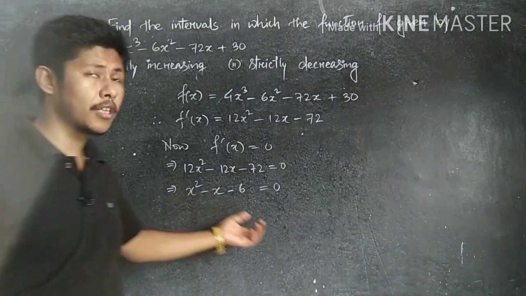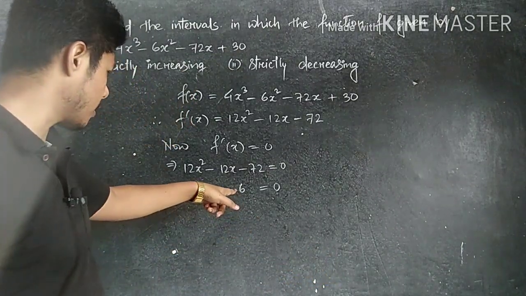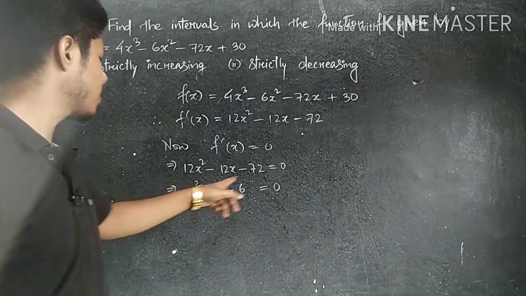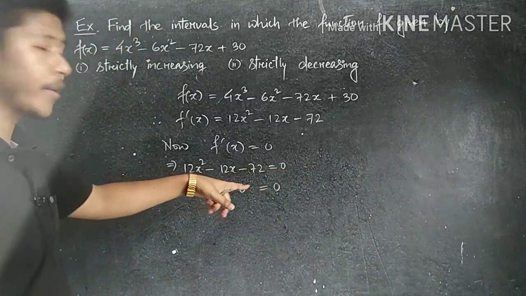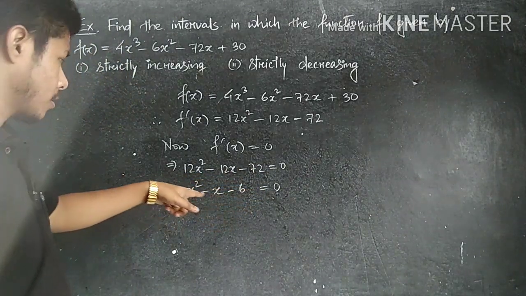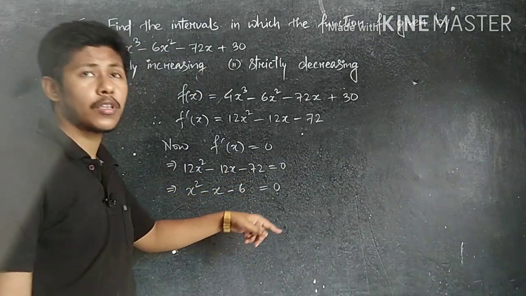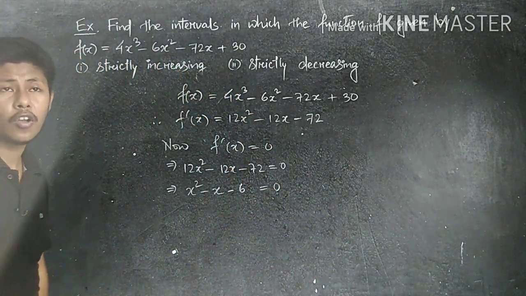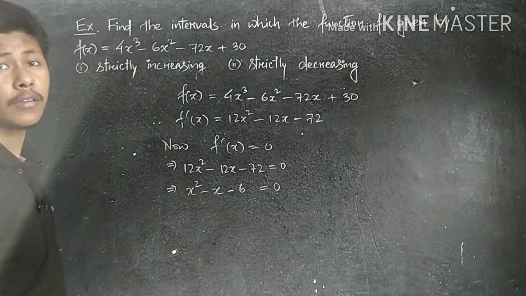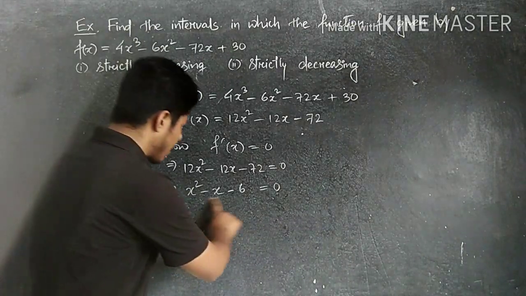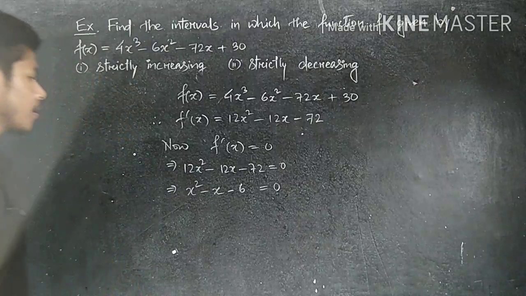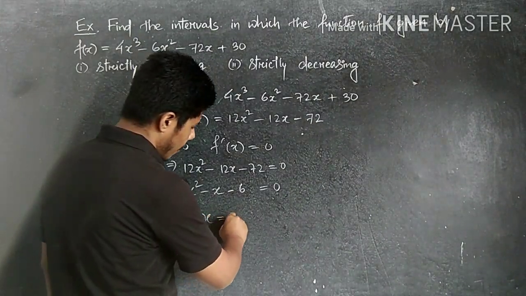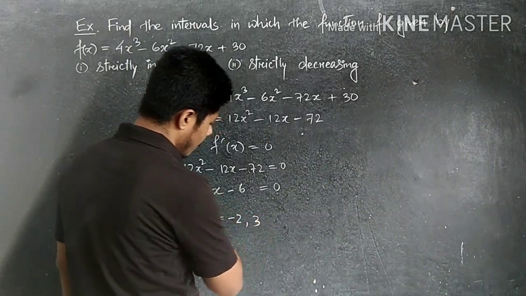So if we split this one, obviously the result is 6. So that means 3, 2 we can write. Minus 3, 3 minus 2 we can write. Is it not? So if we write 3 minus 2, that means here we get 2 critical points. So the values of x we get here are minus 2 and 3. If you split this one in the middle term splitting form, from here we get 2 results. One is x equal to minus 2 and 3.